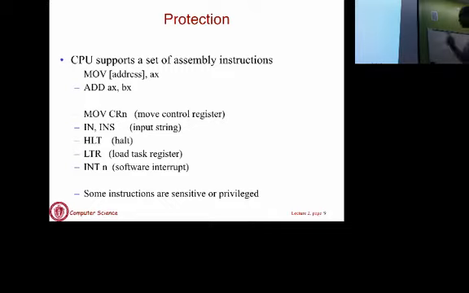Now, as you will imagine, when you look at some of these instructions, you will see that some of them, if they are not used properly, can do more harm than others. Think of the halt instruction. If you let a typical application execute halt, then it can simply stop the machine, maybe maliciously, maybe inadvertently. You don't want to give arbitrary applications access to such an instruction, which we will call a privileged instruction.